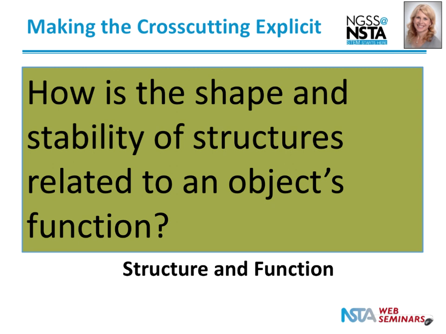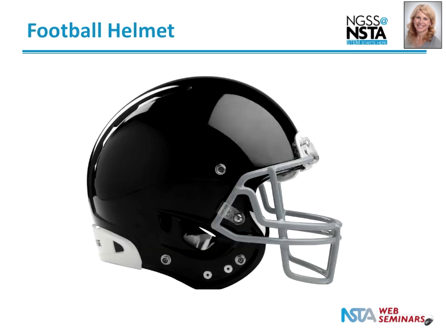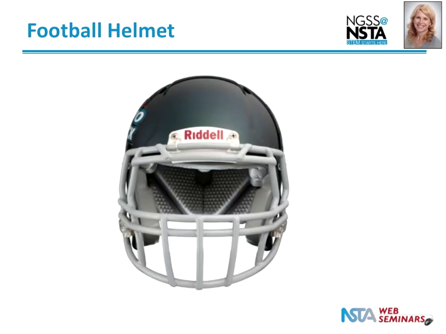This was one of the first units that we did in the Shelton classroom, and so my students were new to the NGSS and didn't have much experience thinking about cross-cutting concepts, especially in an organized way. So we decided to use the football helmet because that was part of our story, and I walked around the room with this football helmet and asked students questions about what was the job of a football helmet? To protect the football player.